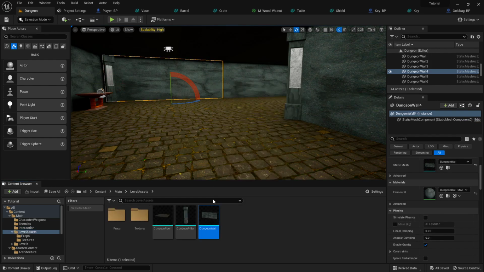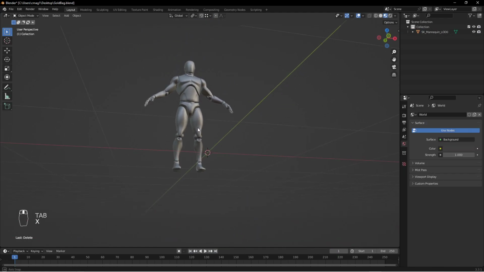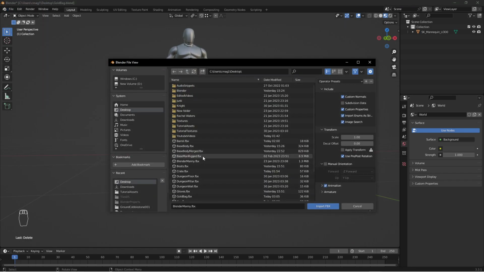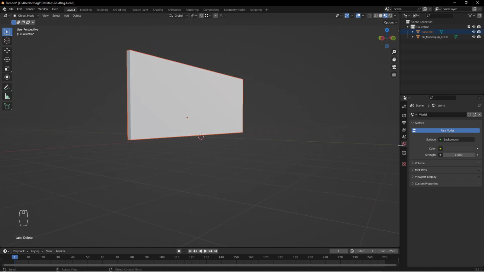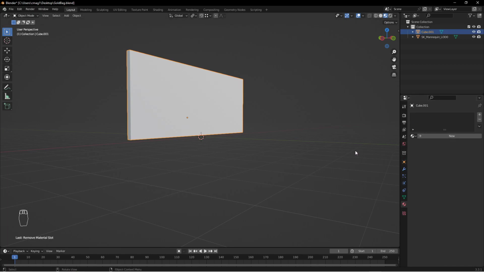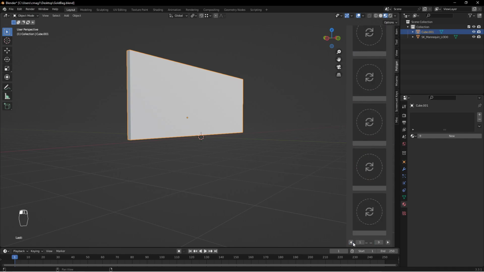Now let's browse to this asset, because we need a doorway. We need a wall with a doorway, so let's go back into the Blender. Delete this. And we're actually going to go import our dungeon wall. Now mine's probably going to look funny or lacking a texture. That's because I had to re-import it. So I'll just delete that real quick and go find